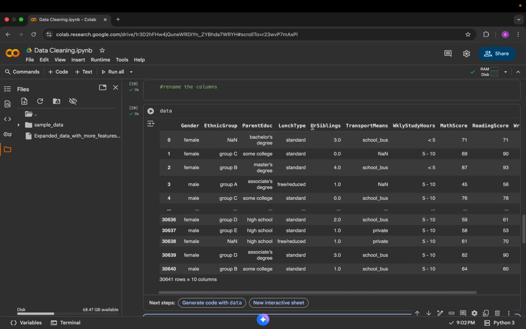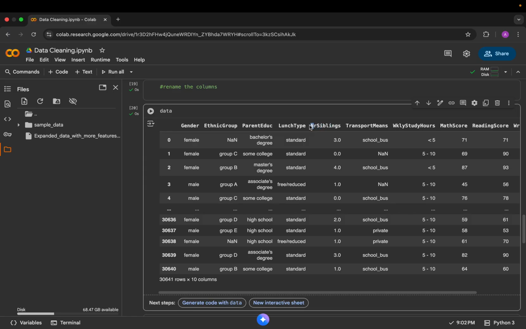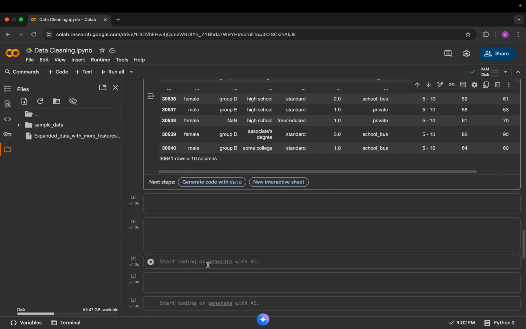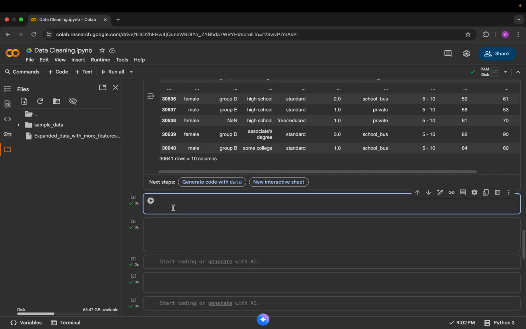You can see here nr_siblings, we have to rename it with proper spelling, number of siblings, so we will use this command data.rename